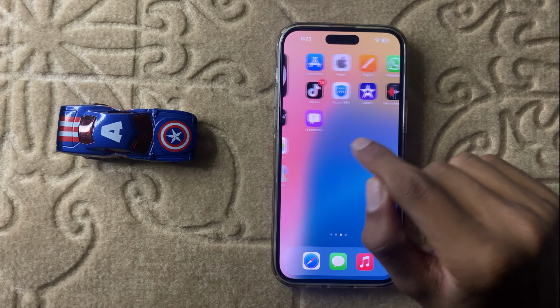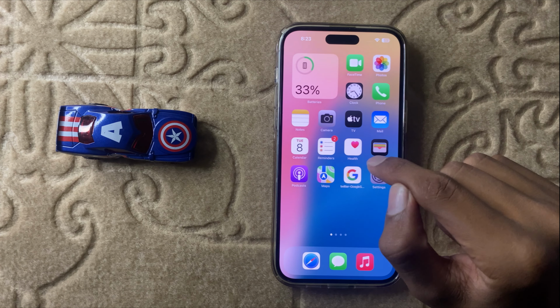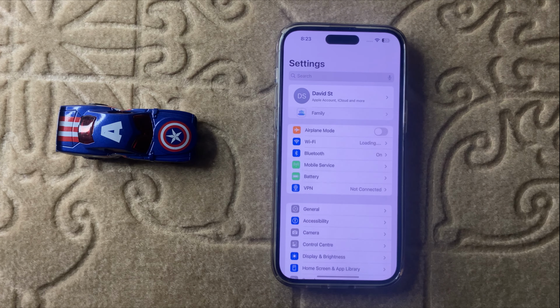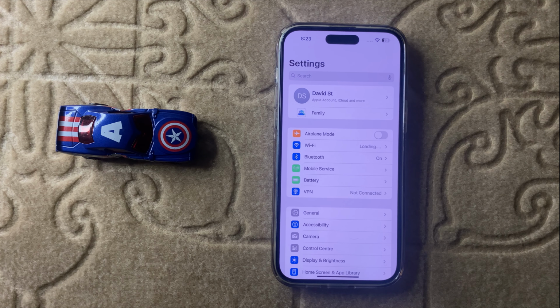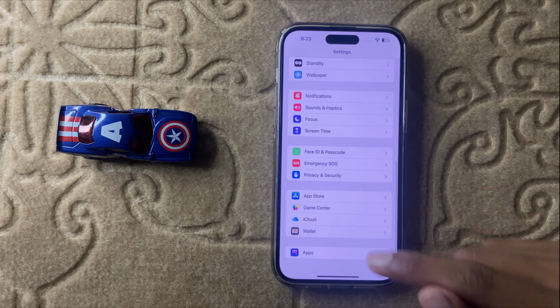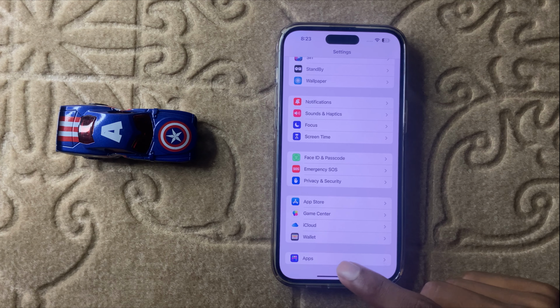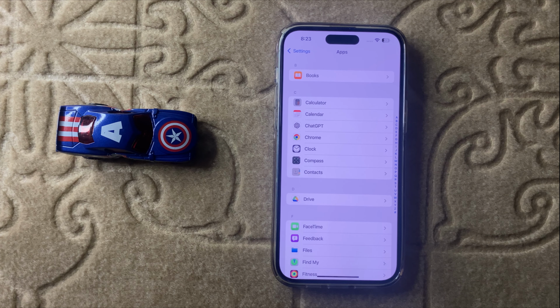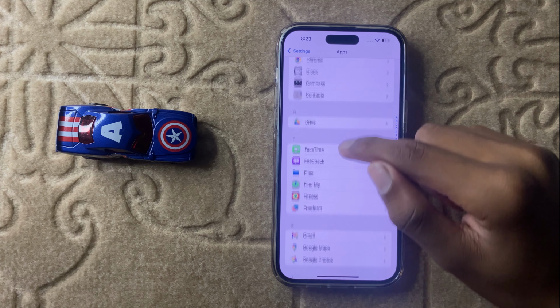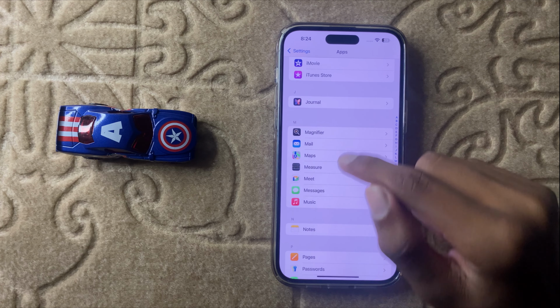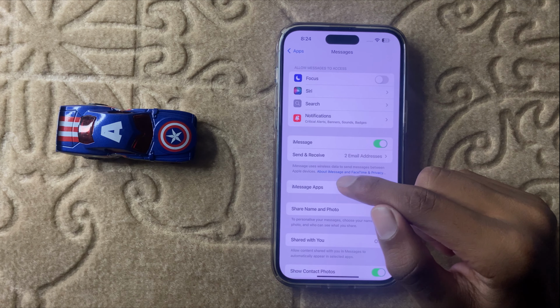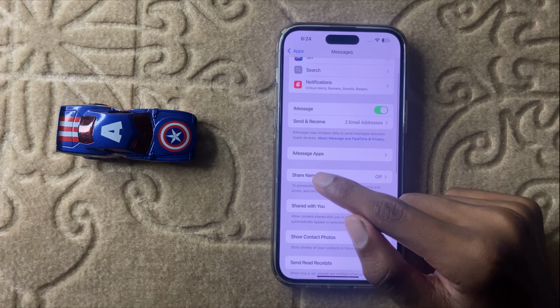First of all, open Settings, and then scroll down to the last and click on Apps. After clicking on Apps, scroll down and then click on Messages, and here you can see the option Share Name